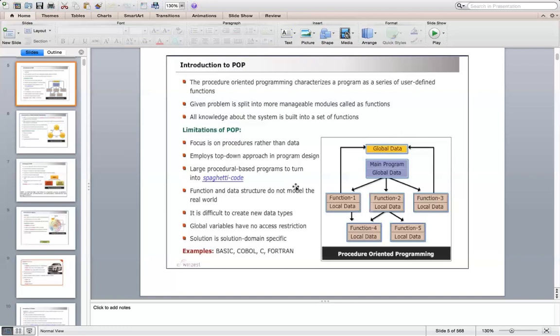But in order to make software for enterprise applications, such as a banking application, any airline reservation, railway reservation, or any e-commerce application, we require a programming paradigm that can actually support frequent changes in the requirements, and which can scale up on a daily basis.